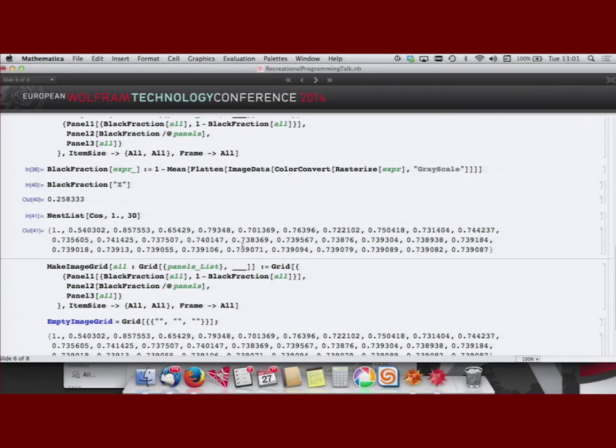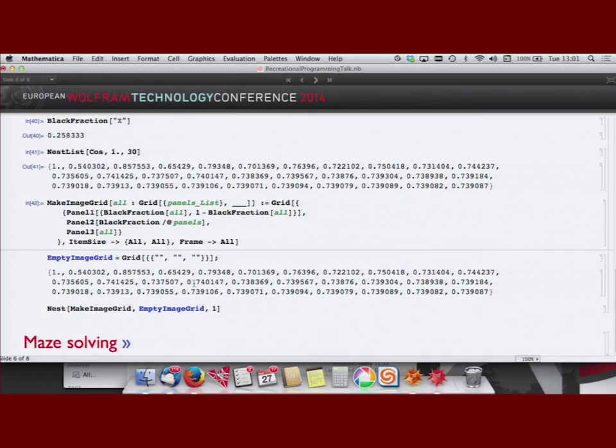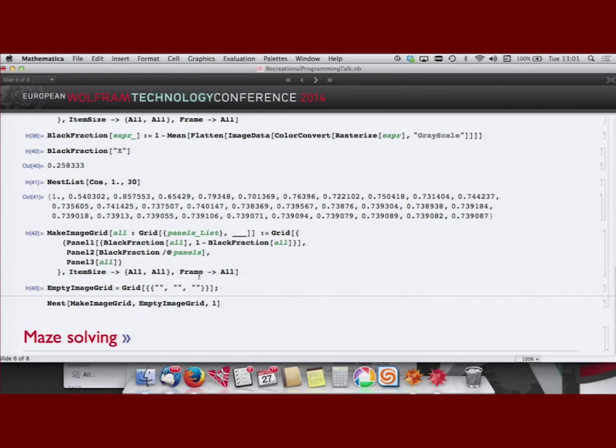And I realized that this is the same problem. Instead, what I'm trying to solve is that the cartoon image is equal to the black analysis of the cartoon image. I'm trying to solve that equation. And that struck me as a really cool idea, that we got an equation involving cartoons rather than x. So I'm going to do exactly the same thing with this calculation, which is that I start with an empty grid, and I generate